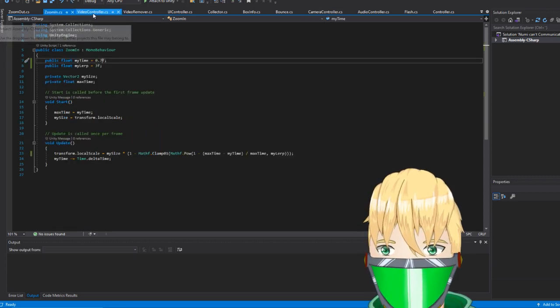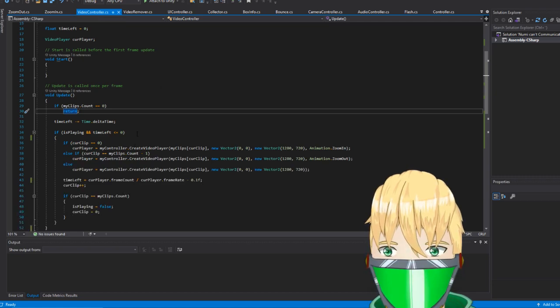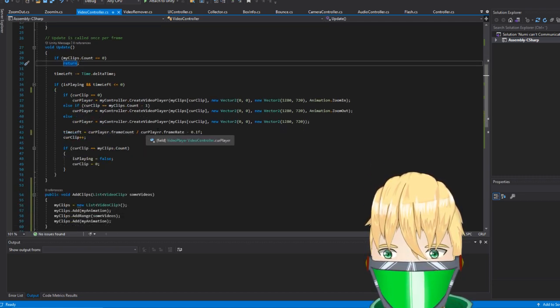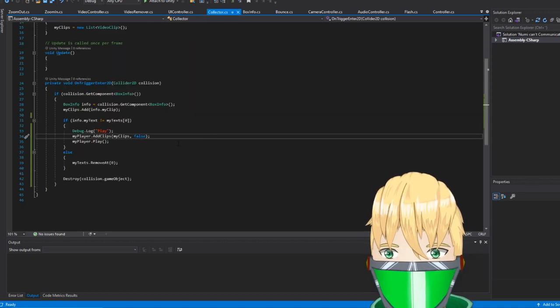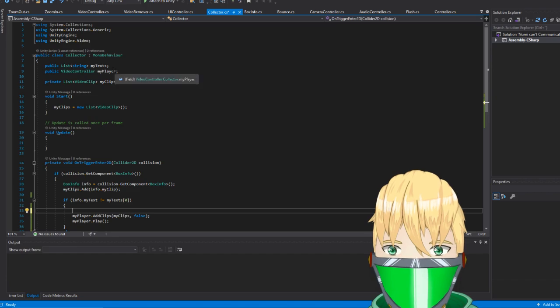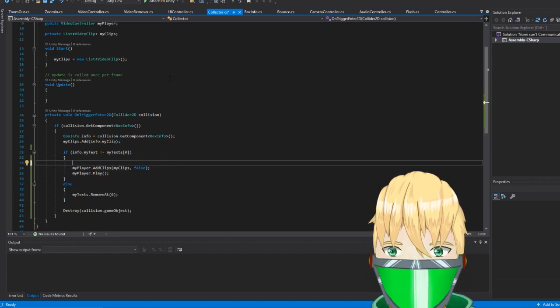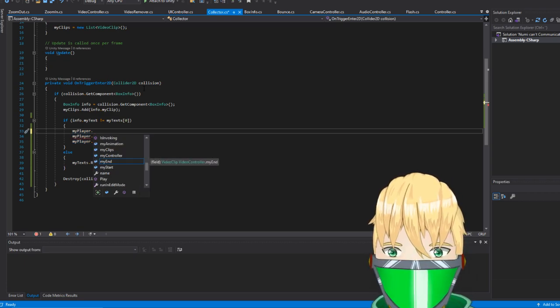Okay. So what we want here, I feel like in the collector pretty much, because it's when we lose. Do we have the camera here? Because we have my player, so my player is on the same one.